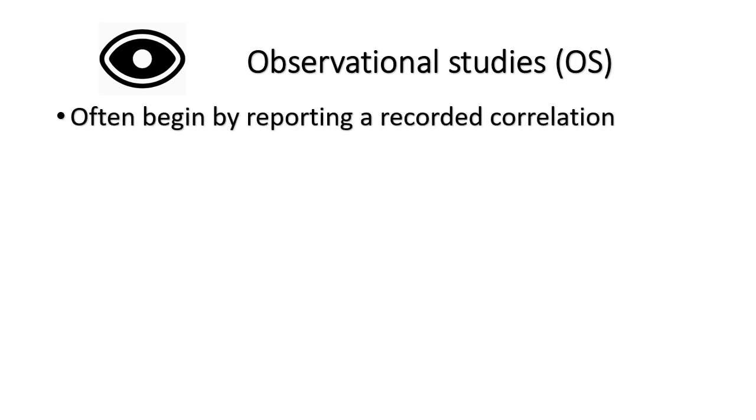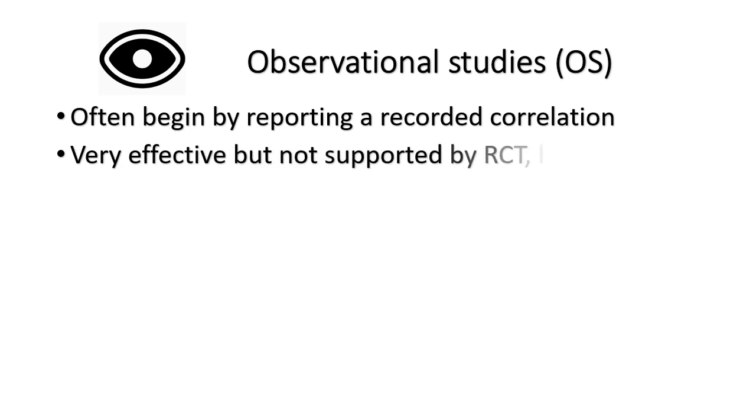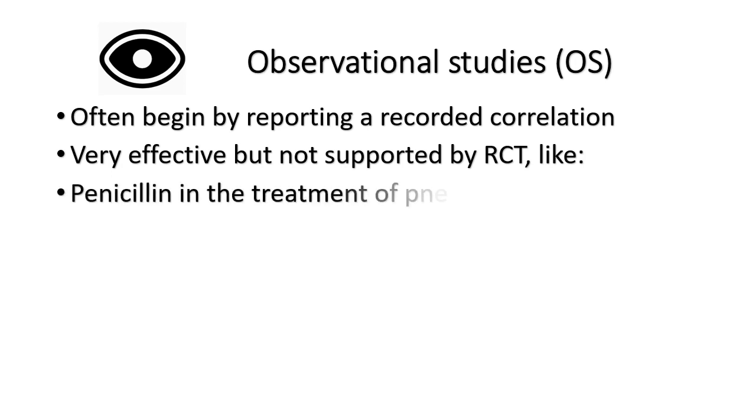Observational studies, as the name suggests, are studies or the information that is gathered by observing the use of a drug, not necessarily under the conditions demanded by randomized controlled trials. They often begin by reporting a recorded correlation between the drug and the drug action. They can be very effective, but they are not supported by RCT, and some examples are penicillin in the treatment